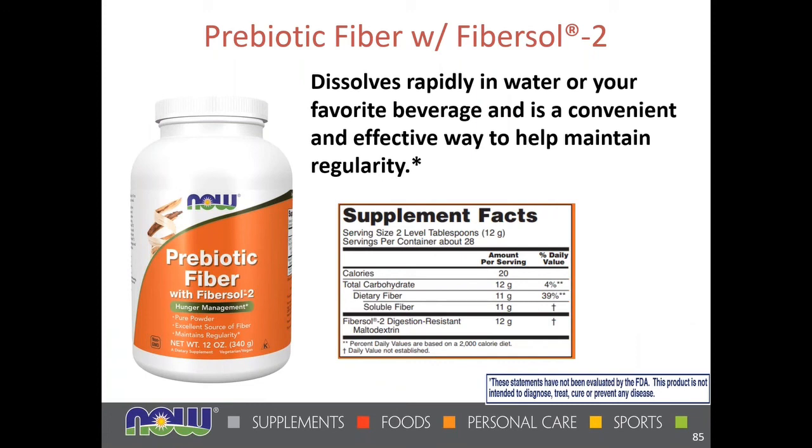Prebiotic fiber with Fibersol. Now this is interesting. This contains a corn-based maltodextrin, which is processed to make it digestion resistant. Normally maltodextrin is short sugar chains that are easily broken down into sugar in the body, but this is digestion resistant. It's been processed in a way to make it not break down in the stomach or the small intestines, so it helps to